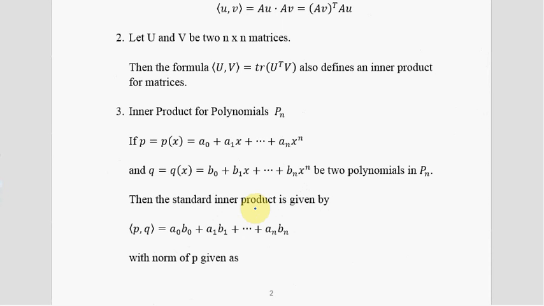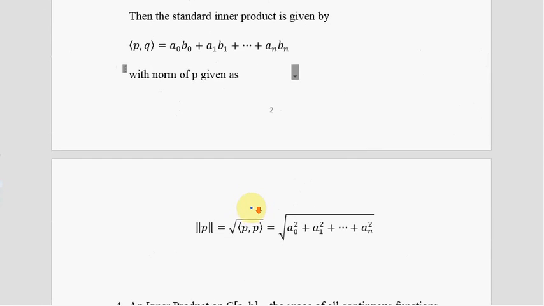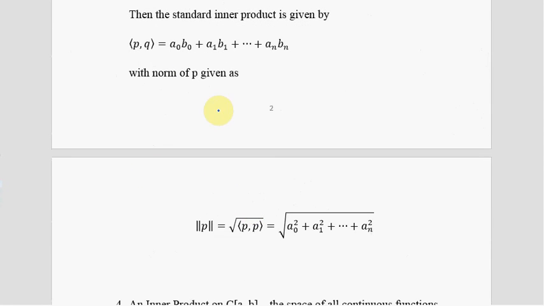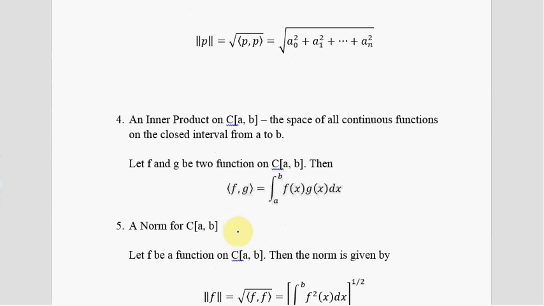The norm here that is given for polynomials is also going to be standard. So the norm of P here, again, standard. Now, numbers 4 and 5,